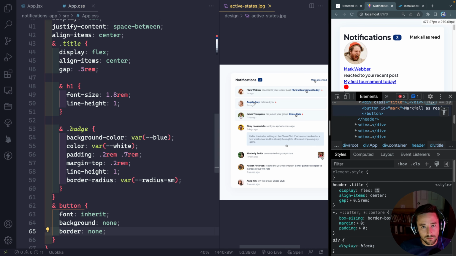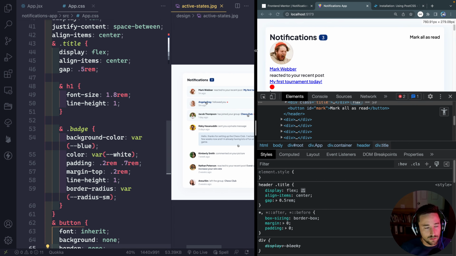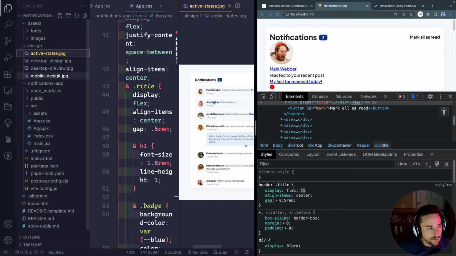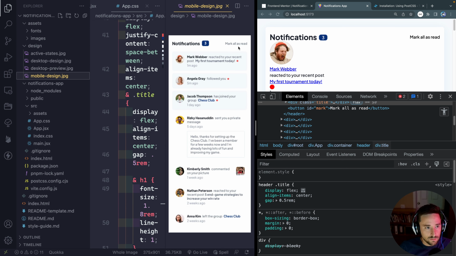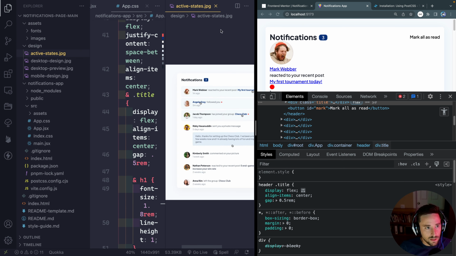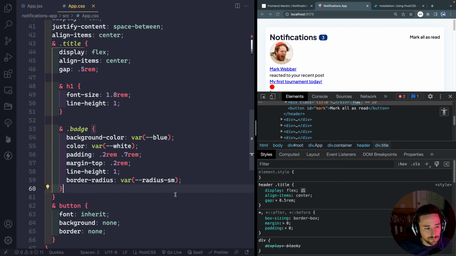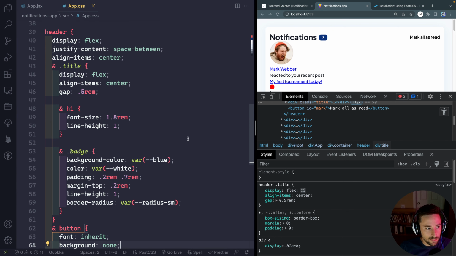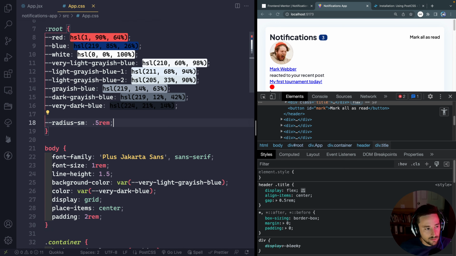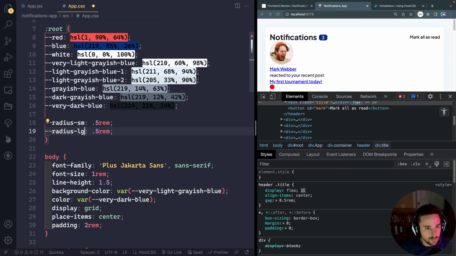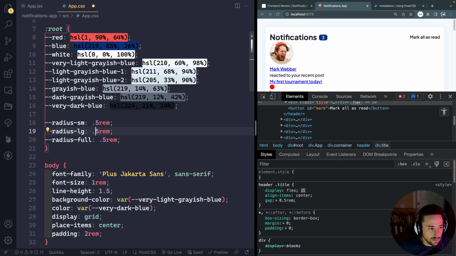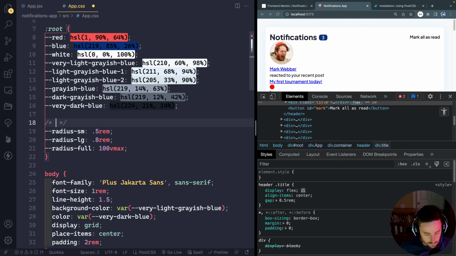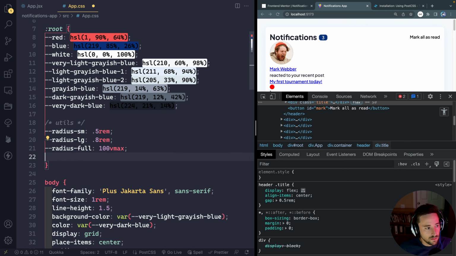Let's see. I'm guessing, how does this work on mobile? Let's come over here. So they're just next to each other. So maybe we should actually be using some kind of clamp for these sizes. So let's do that. So let's come up top here. Let's also have a large and a full. And I'm just going to arbitrarily guess there and say 100 vmax. Okay. Let's call these like utils. And let's call this